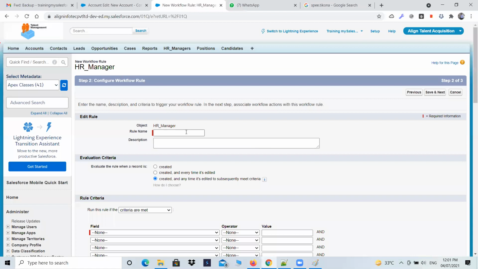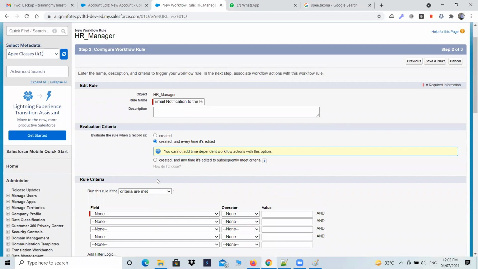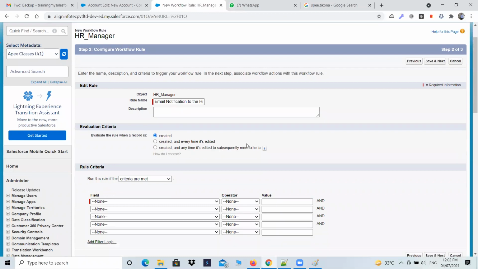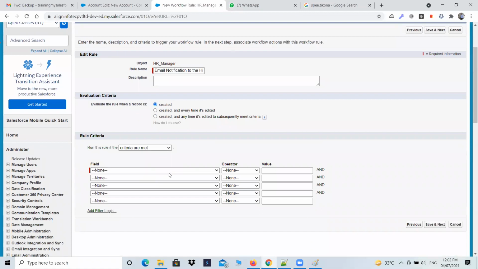Let me select this rule name. Email notification to the hiring manager. Because it is time dependent, I cannot go with the second criteria. You always know this: if you want to have the time dependent actions, you cannot go with the second. I am just going with the first one, created rule criteria. Mentioning one criteria is mandatory in Process Builder,